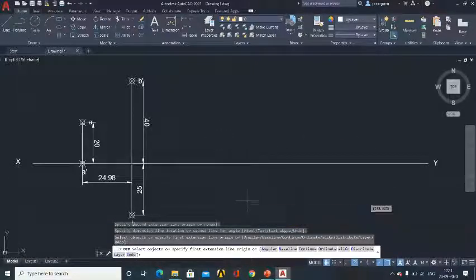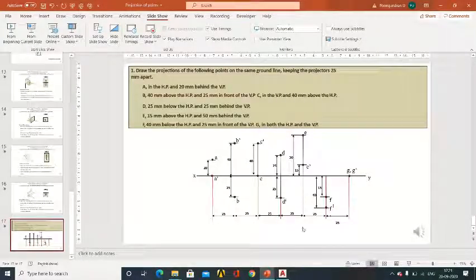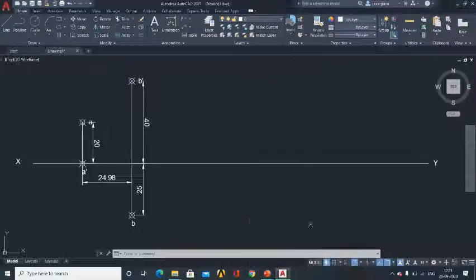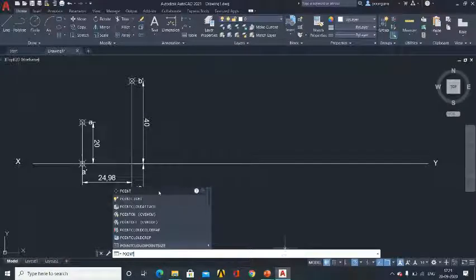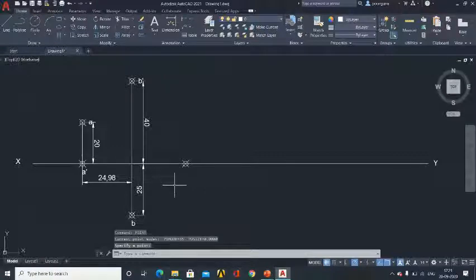Similarly, you can draw the remaining diagrams following the same procedure. This we are giving as an assignment. So try to draw. If you want to locate a point in both HP and VP, you just type point. They should be at a distance of 25. So you draw the 25 mm line. Just click, and you will get the line. That is how you need to draw the point located in both HP and VP. The remaining points you need to draw as homework and try to